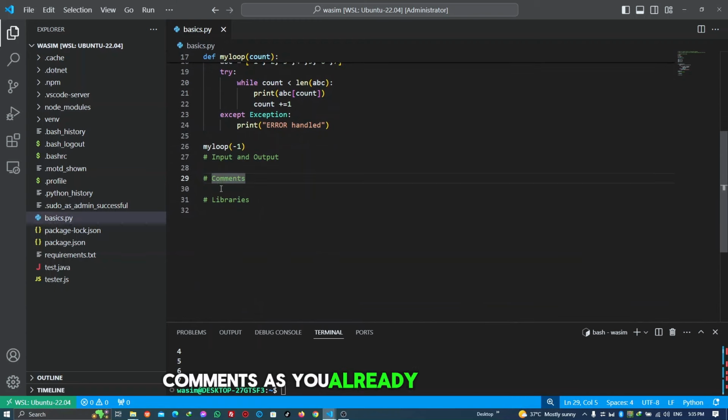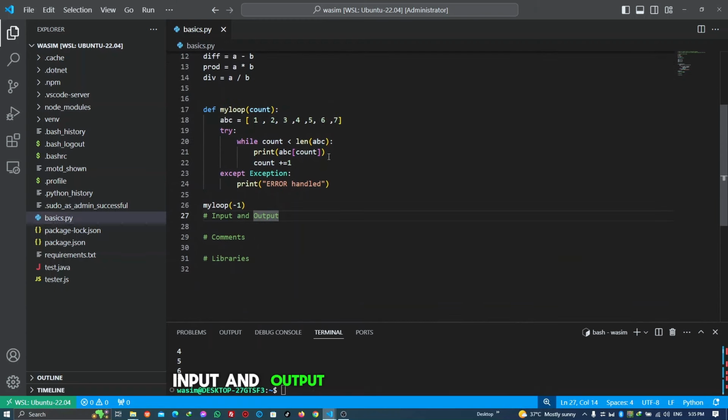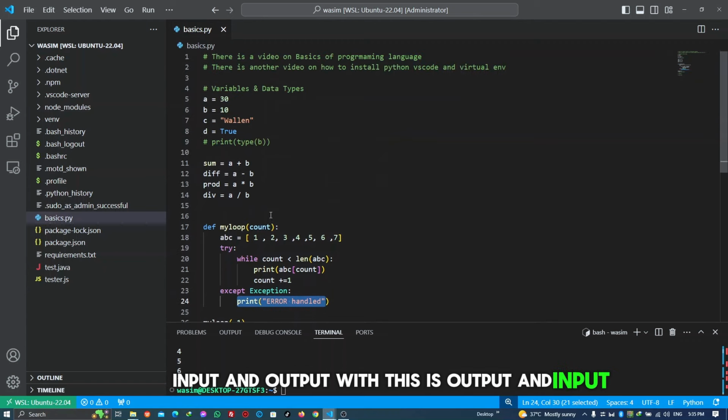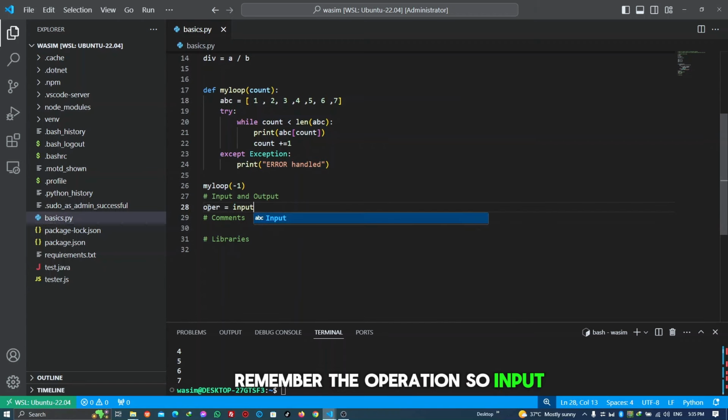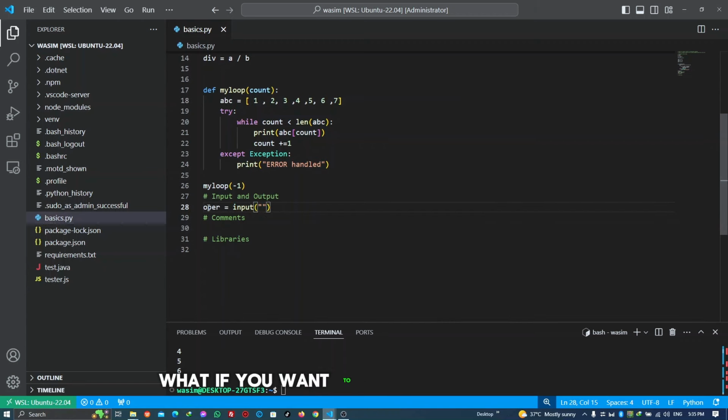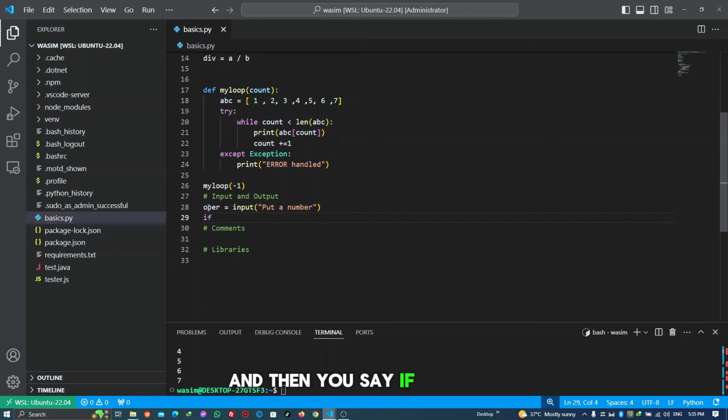Comments, as you already see, comments is here. Input and output, this is output and input, we already did this. But let's still have a nice look at input. Remember the operation, so input. What if you want to, let's just do this. Put a number, and then you say if upper equal to 10,